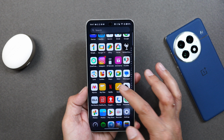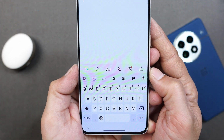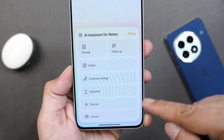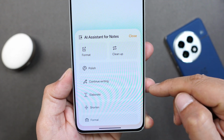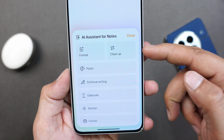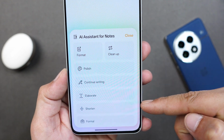Now if you go to the Notes application and tap on this plus icon, we do have a new icon of AI assistant for Notes, and tapping on it, the pop-up is also completely revamped with a nice glow effect with different colors around the corners, or you can say on all four sides. And the layout has also been properly segregated. Previously everything was beneath each other. Now format and cleanup have two sections side by side, followed by other options beneath each other